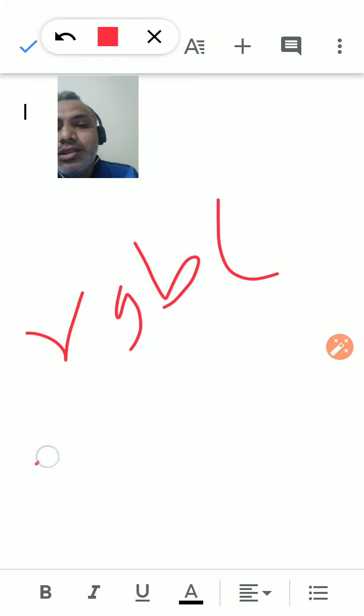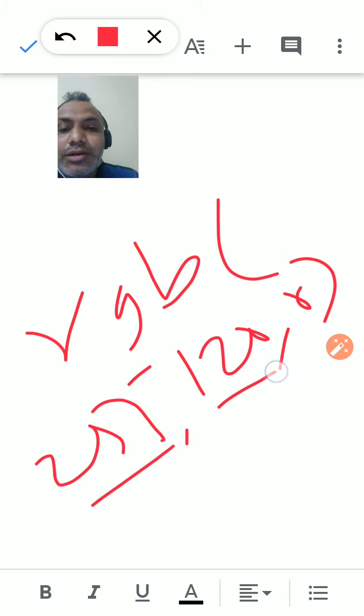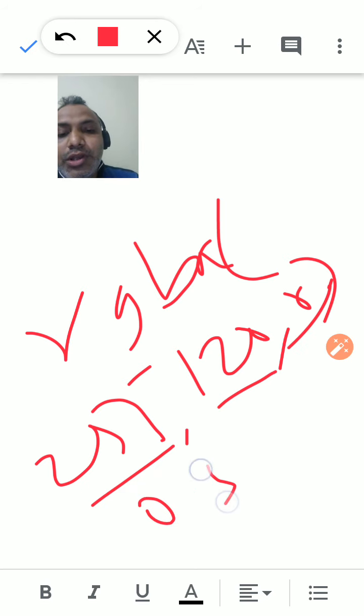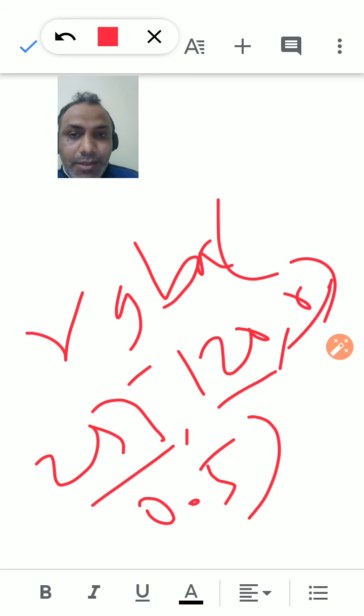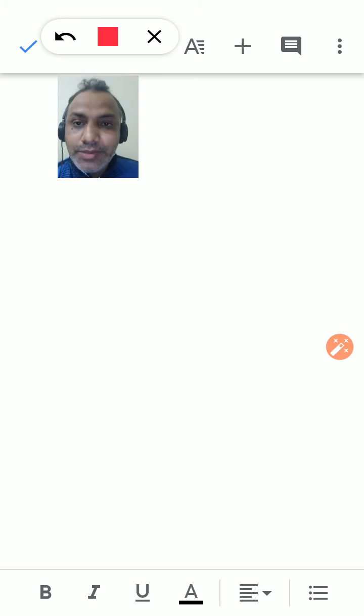Suppose I take RGB, 255 and suppose 120 comma 0. It means a combination of red and green, whatever color we get. And suppose I take the alpha channel here and provide a transparency of 0.5, so that mixture color gets 50% transparency. So that is the second type. The first type is hex, the second type is RGB, the third type is RGB with alpha channel, and the fourth type is HSL.